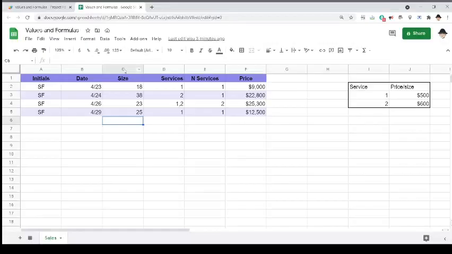This is how to copy a range that has both values and formulas. So here's the sheet I have. It's basically a sales tracker. I put my initials whenever I sell something, the date, what the size is, assuming this is like a lawn